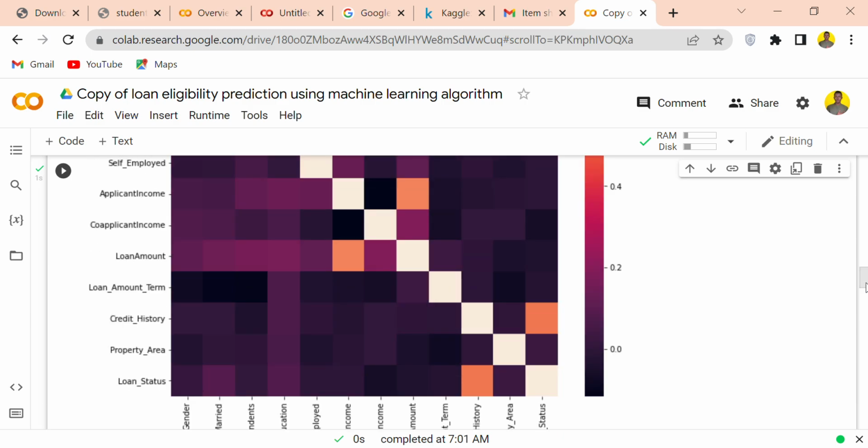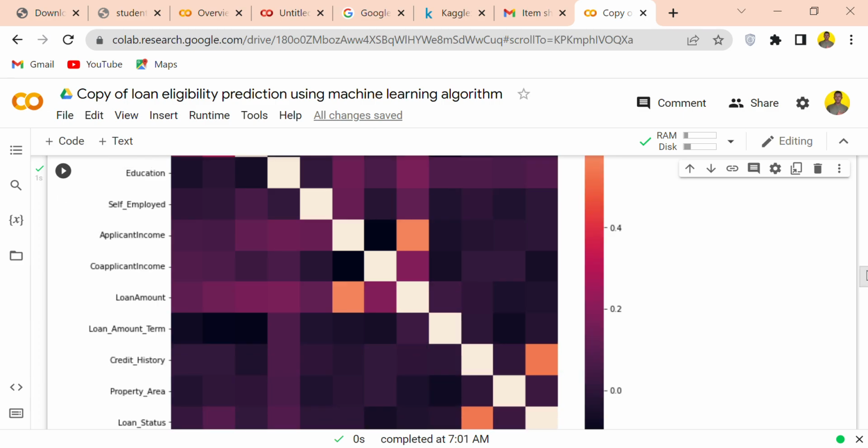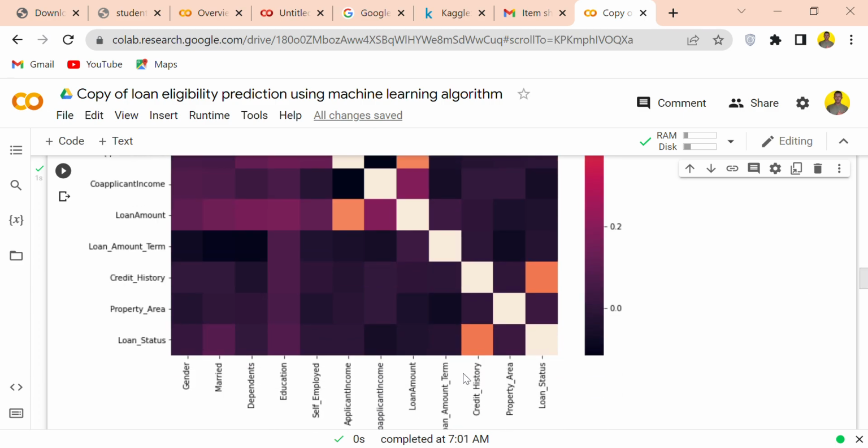You can see that the credit history is correlated with the loan term. Then you can see here that the loan amount, let's see there, the application income is correlated with the employment. Even here you can see that the property area is correlated with the loan status. So after analyzing that,